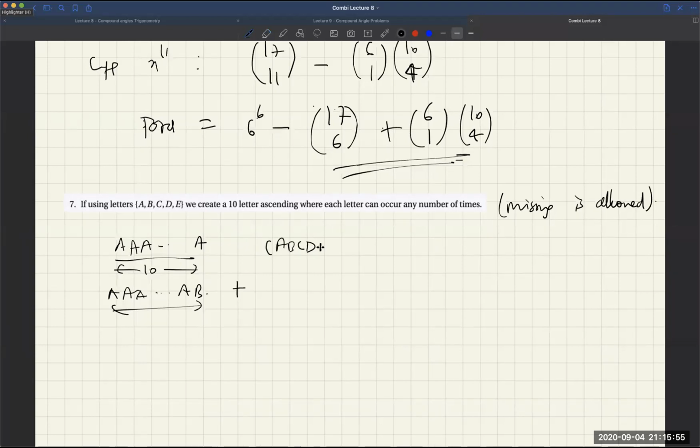That is what I told you. Since missing is allowed, you append ABCD to all of them, correct? And then resequence them. Am I clear? And then put less than sign. That makes sense, right? So this is 10 and this will be how much? 15. In 15 positions there will be 14 gaps, and in between the 14 gaps, how many less than signs do you have to put? 4. Am I clear? So this will be the answer. Am I clear with this, guys? All of you are clear?